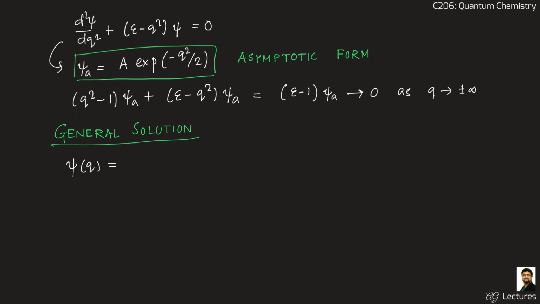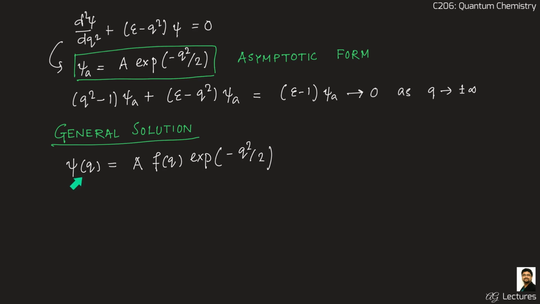I'm not using the subscript a anymore, because this is not the asymptotic part only, but this is the total solution or the general solution. Some amplitude, a function of q. I'll explain what this function of q is all about, and exponential minus q square over 2, that is coming from the asymptotic part. So the idea is that